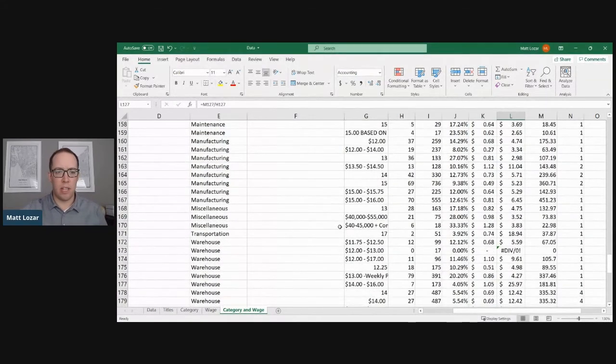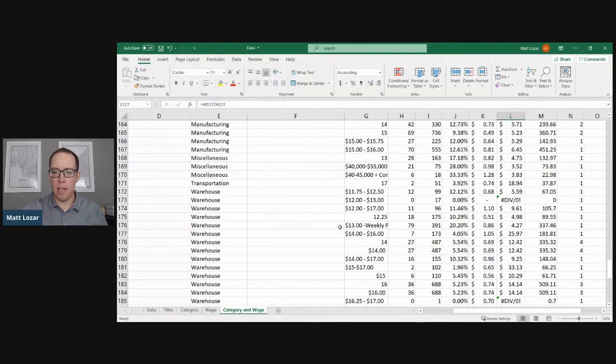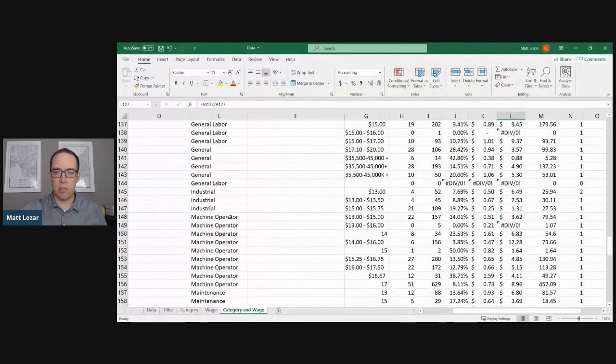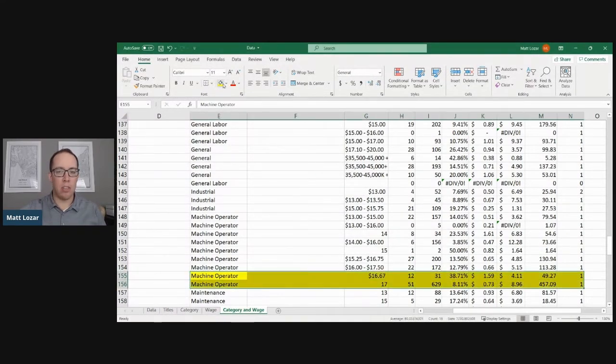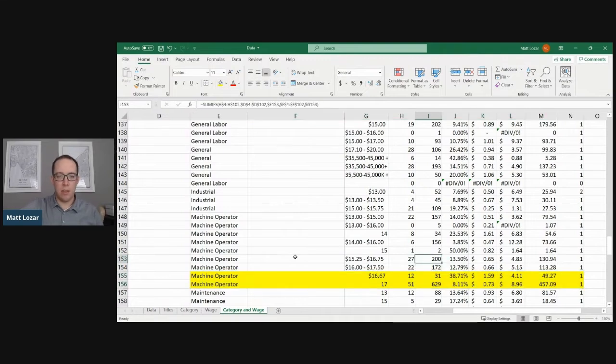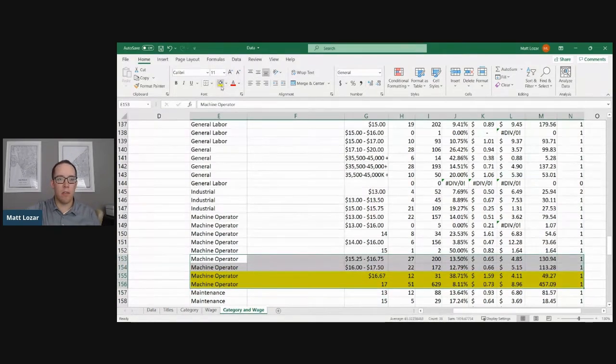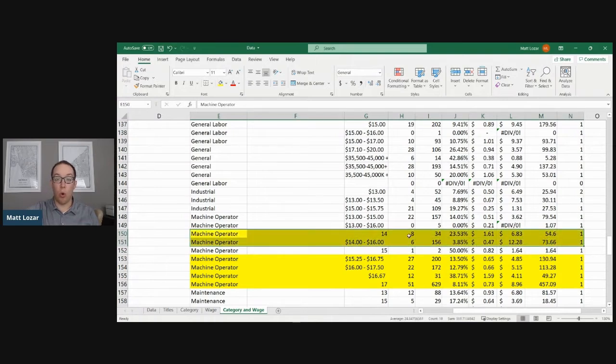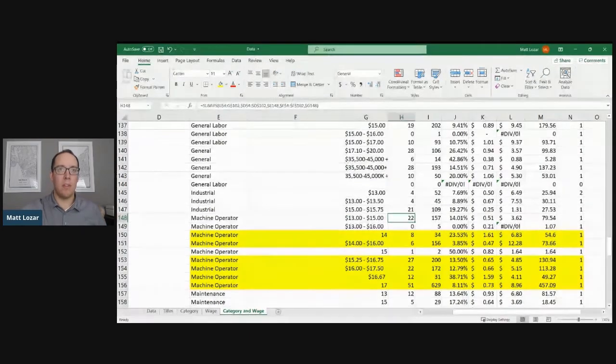There were a couple other examples that I wanted to show here as well, but that was a couple that really stood out. There's some in this machine operator space where they received a lot more applications. This $16 an hour, if we look at it here, 27, 22, these jobs at $14 or $16 an hour, more expensive or fewer applications. So you're starting to get a lot more data that shows you, okay,